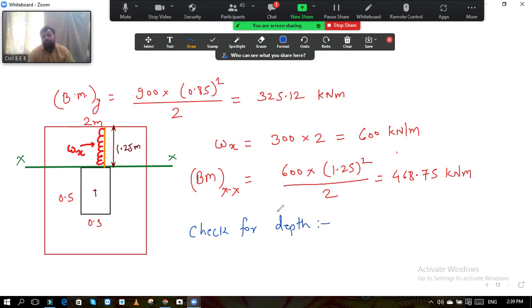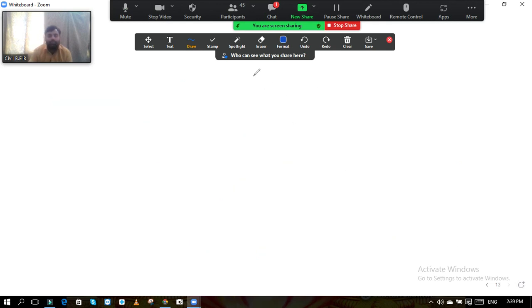On both the directions we have calculated the bending moment. Now we are taking the check for depth. So how to take the check for depth? Equate the bending moment, that is the maximum bending moment, to the moment of resistance, MR, which is equal to